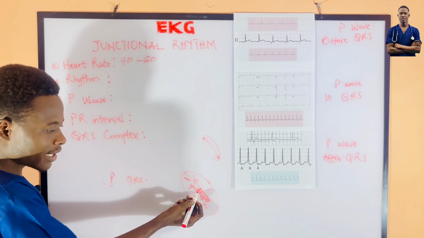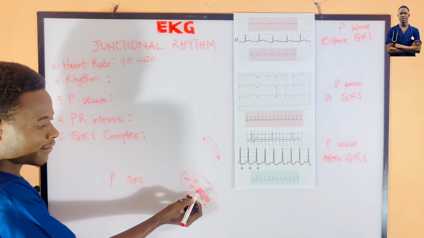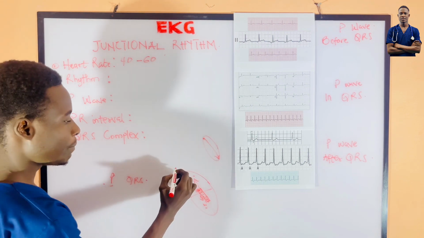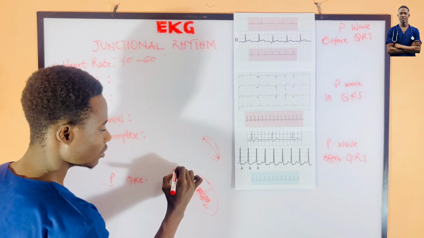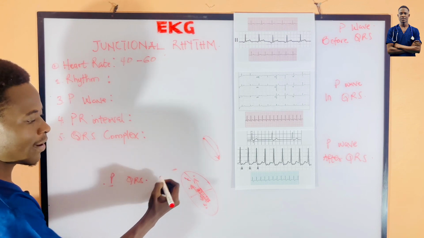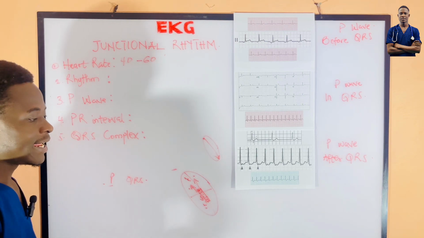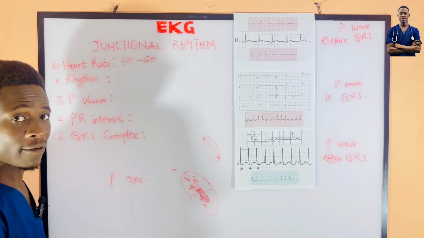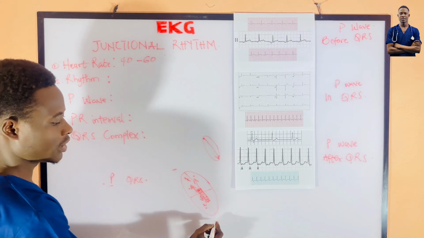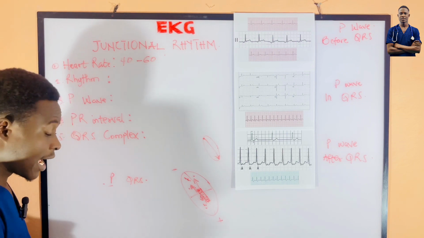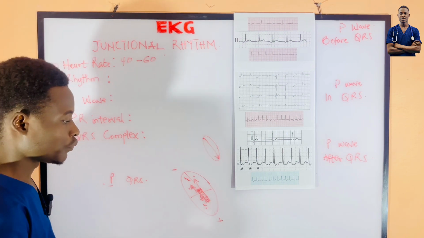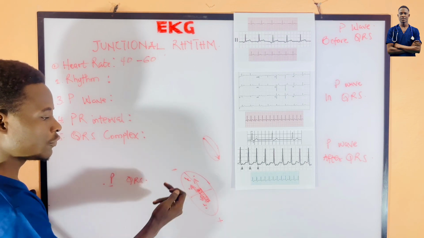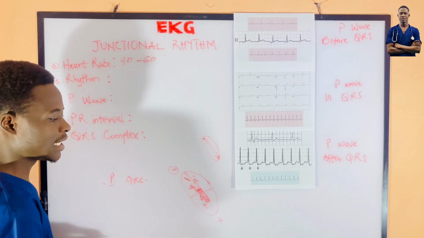The P wave generated over here. Look at the vector. The vector will be moving upwards. And we know the base of the heart at the right side is a negative electrode. You place a negative electrode over here. Are we clear with it? A negative electrode, and here is a positive. And from our previous video, I said when a positive vector moves towards a negative electrode, it gives